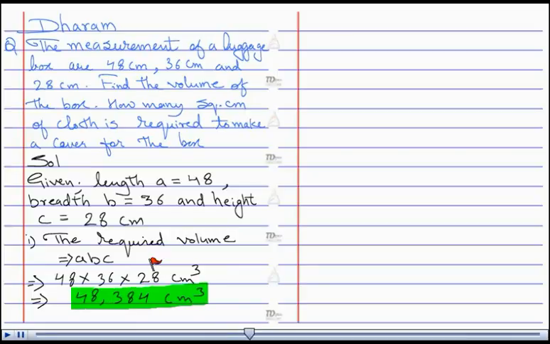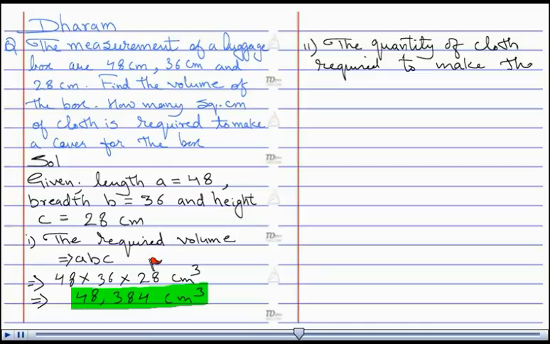Now we are required to find out the quantity of cloth. So the quantity of cloth required to make the cover of the box is nothing but the total surface area of the box, total